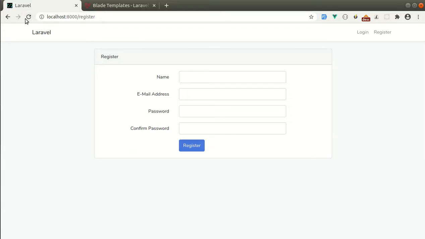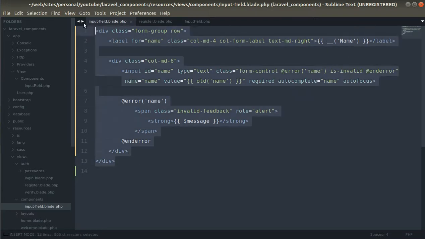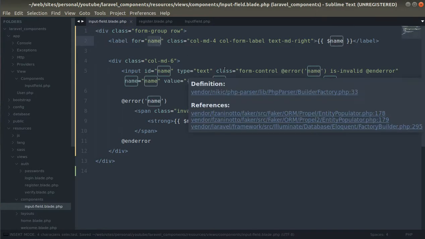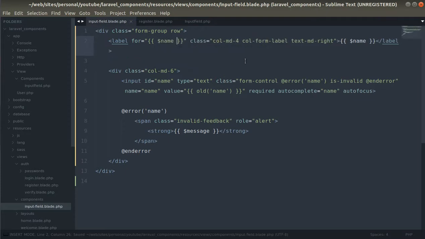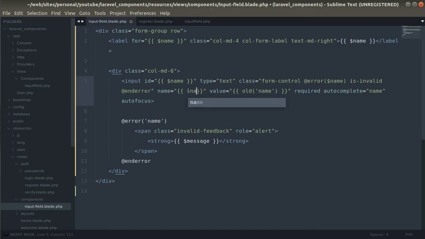Now let's refresh this page. Yeah, we have done this. Now inside of the input-field blade view, let's make those sections dynamic so that we can reuse this particular input field component for different inputs. Instead of name, let's write name. For name, id, name, error name, name, name, old name,